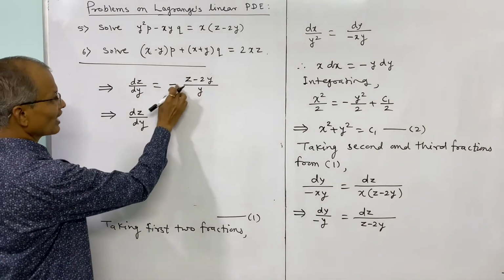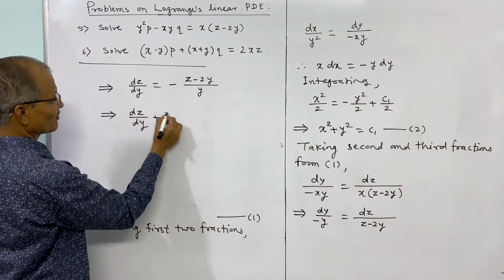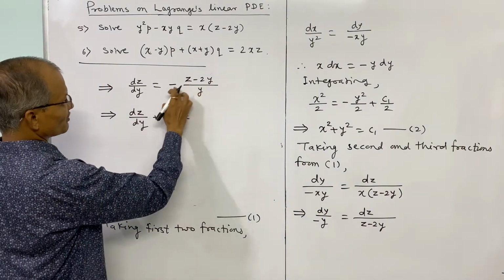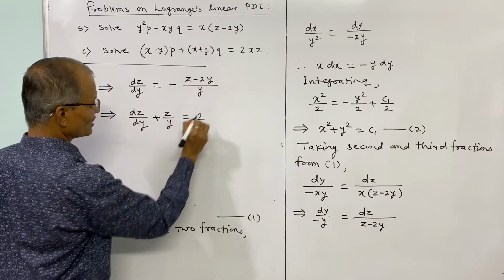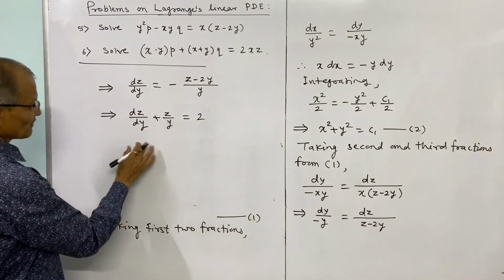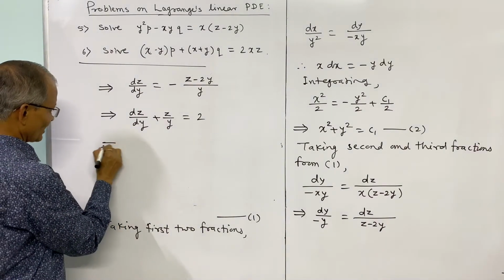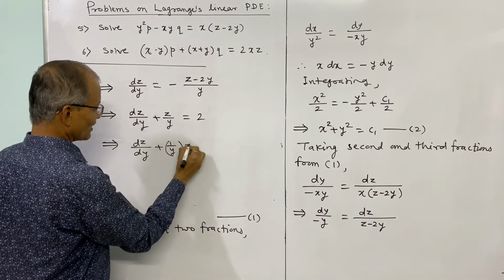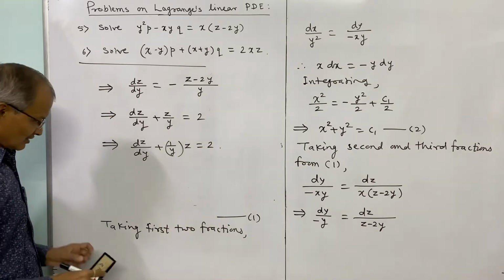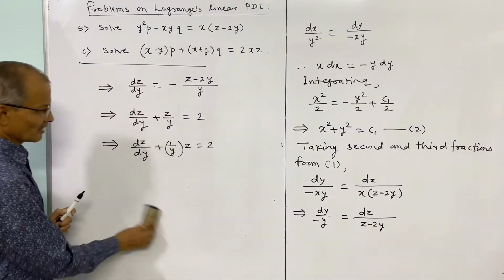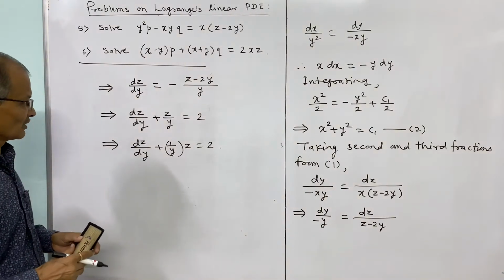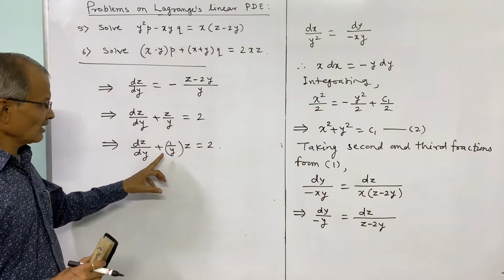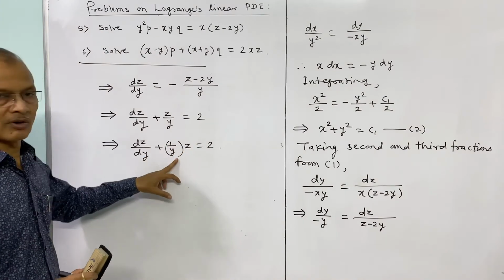separated, the parts of the numerator minus z upon y, and we shift this term on the left side plus z divided by y, and on the right side we keep the term as it is, that is it becomes positive 2y divided by y, or it is only 2, and thus this equation we shall observe can also be written as dz by dy plus 1 by y times z is equal to 2, and we observe this is a linear differential equation, ordinary linear differential equation of first order, and here the coefficient of z is 1 upon y, and